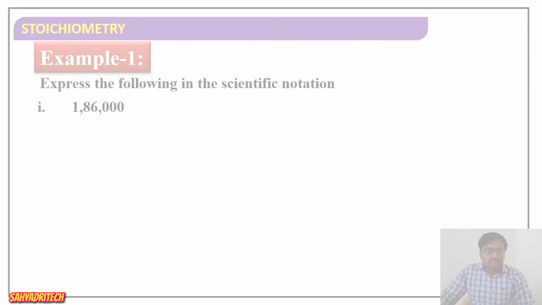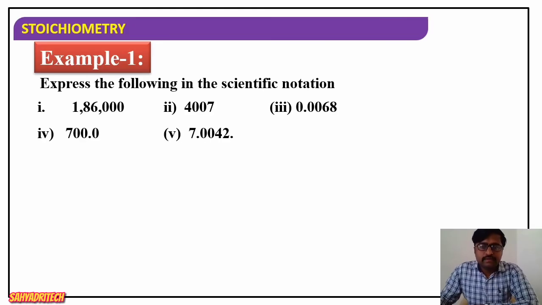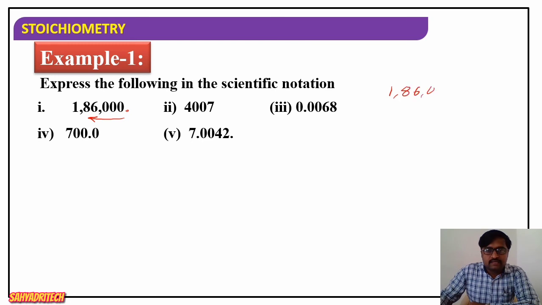Okay. Well, if we consider a few examples here, express the following in scientific notation. First one, 1,86,000, second, 4,007, third one, 0.006. If we consider solutions for this, say one, there is a decimal point in the first number, here it is. So 1,86,000. We have to move the decimal point towards which side? Towards the left side. Right, so here is the decimal point. You have to move the decimal point towards which side? Towards the left side. So now it is 10 raised to 0.